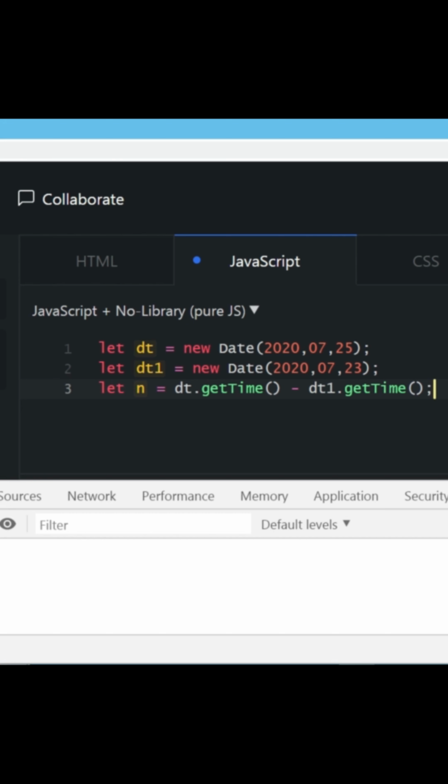Now the value which we'll get will be in milliseconds. So what you can do, first of all, because I have the value in milliseconds, I'm going to divide that value by 1000, and this entire value I can divide by 3600, because 3600 is the number of seconds we have in an hour. So right now we are converting the value into hours. Let's display console.log. So you have this value, that is the number of hours. Now if I further divide this value by 24, then you get